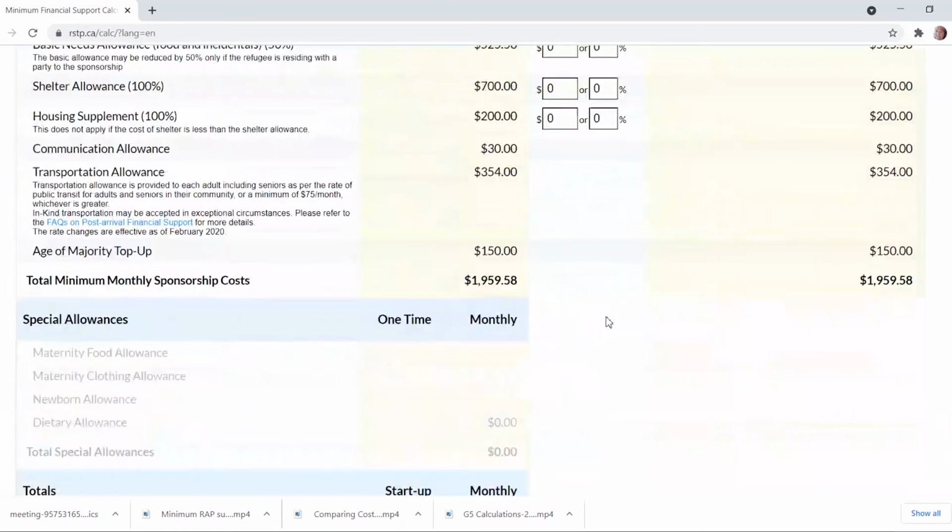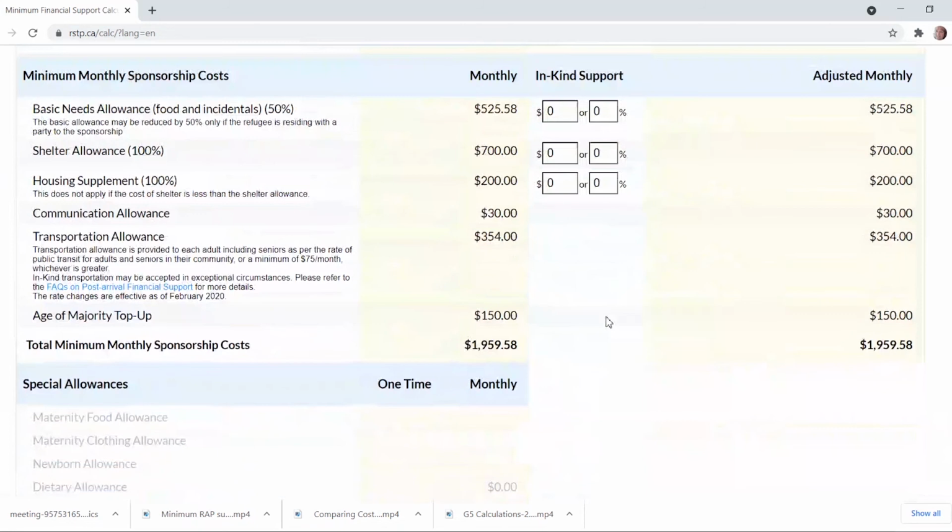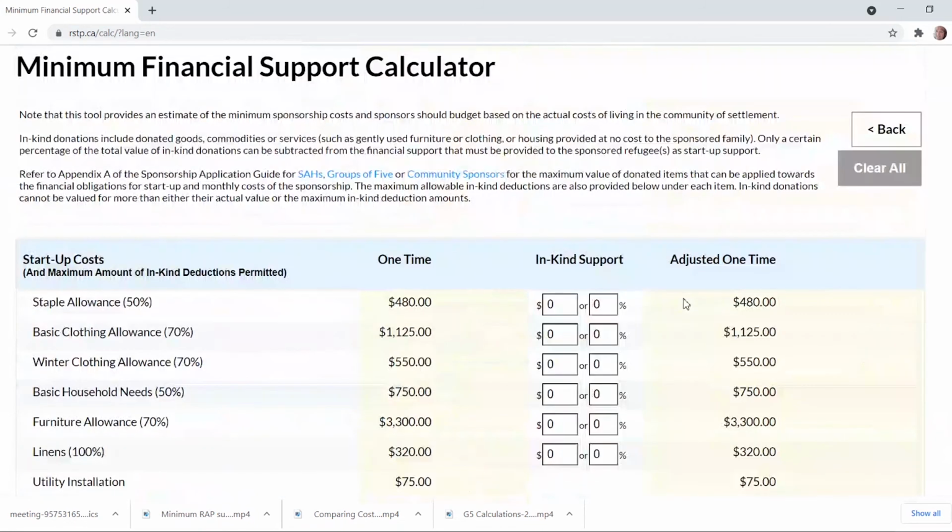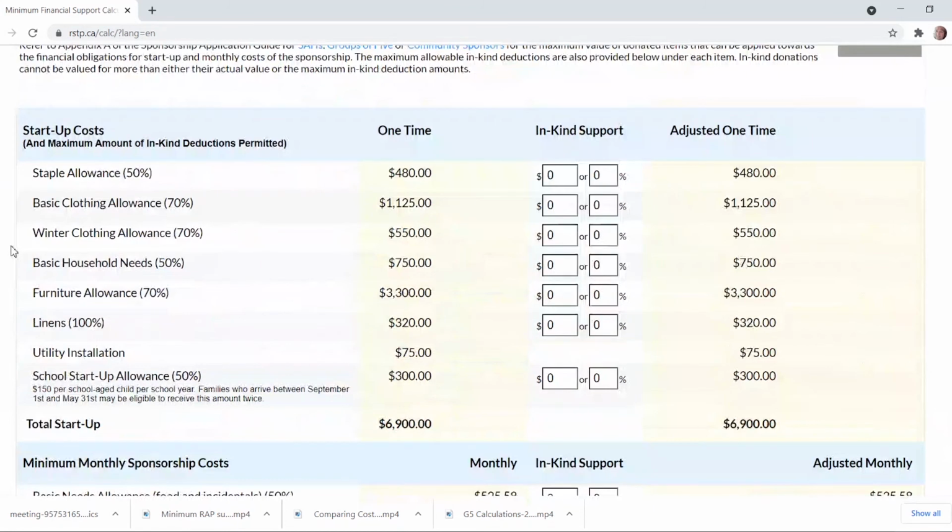And let me explain how this page is divided into its columns. You have a listing of the startup costs and the possible maximum percentage of in-kind deductions that are permitted for you to insert, listed on the left-hand side here. The next column, one-time cost. This is your actual legal liability amount for each of these items before any in-kind deductions are being applied. And so without any in-kind deductions, for this family of 4, they should be receiving startup funds of